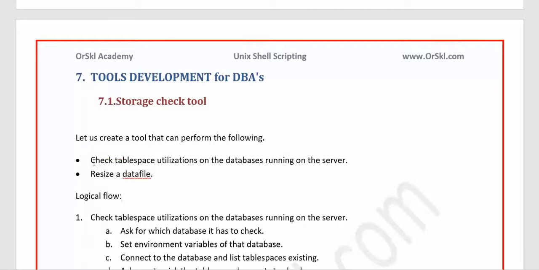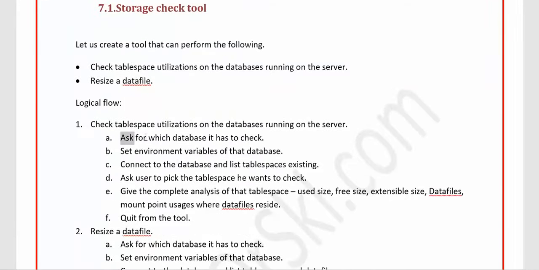After you decide what your tool has to perform, you write down the logical flow for each option. If you want your tool to check the tablespace utilizations on a database, the first thing is to ask the user which database to check. That means you have to give the list of databases available on the server and allow the user to select the database they want to access.